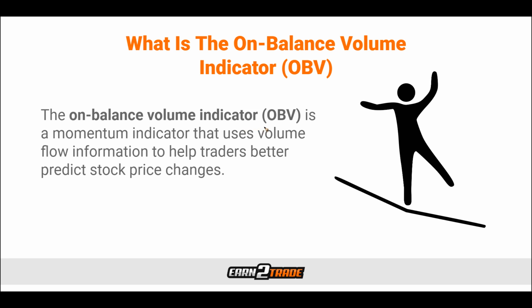The indicator was introduced by Joseph Granville back in 1963. He published the concept in his book, New Key to Stock Market Profits, if you are interested in reading a bit more about it. The concept of the indicator is based on the idea that when there is an increase in trading volume, even if it doesn't affect price at first, at some point it will. The price will then go up or down depending on what types of orders prevail. When it was first introduced, it was considered something revolutionary.